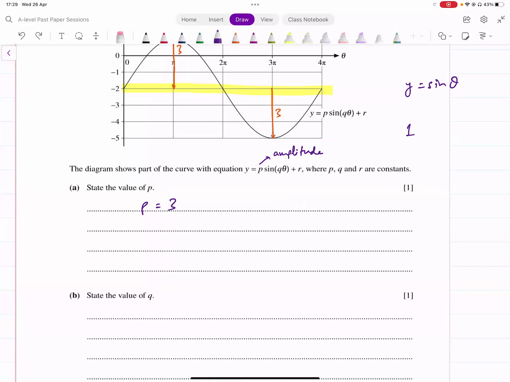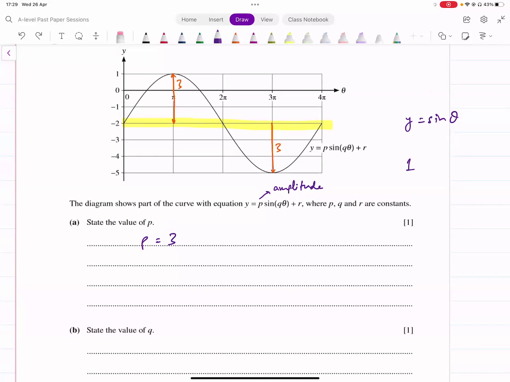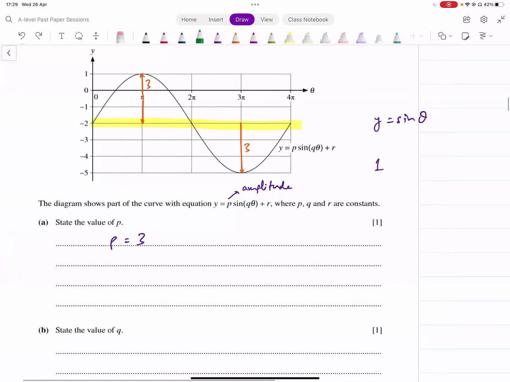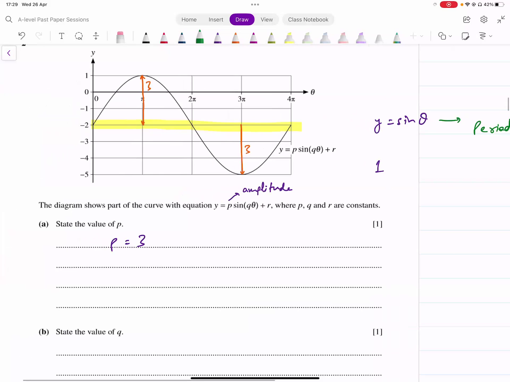अब q क्या represent कर रहा होता है, देखिए अब अंदर q into theta, इसको आप दो तरह से समझ सकते हैं। You can either think of it as frequency, के जो नॉर्मल आपका इंटरवल है, जो नॉर्मल आपका पीरियड है ग्राफ का, उतने पीरियड के अंदर कितने साइकिल्स कंप्लीट हो रहे हैं। अब साइन का पीरियड कितना होता है ओरिजिनली, साइन का पीरियड ओरिजिनली कितना होता है, 2 पाई होता है। तो आप देखें 2 पाई इंटरवल के अंदर